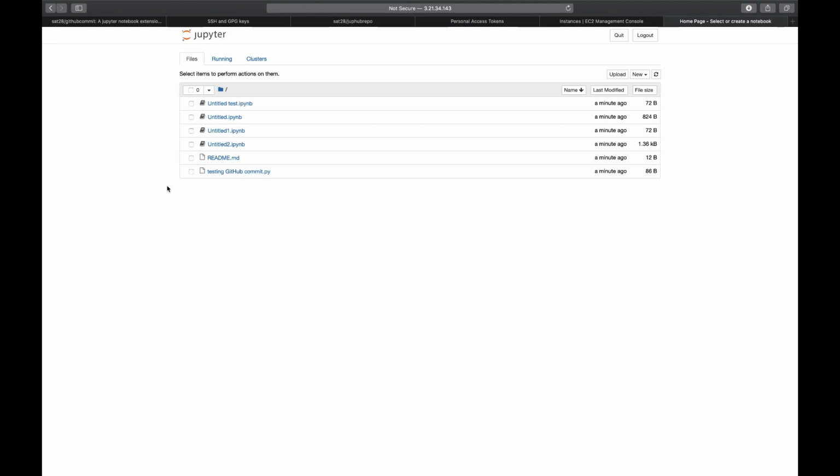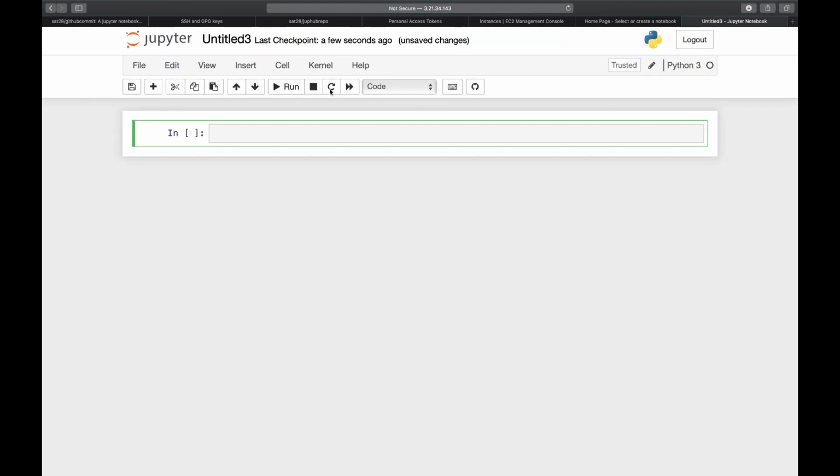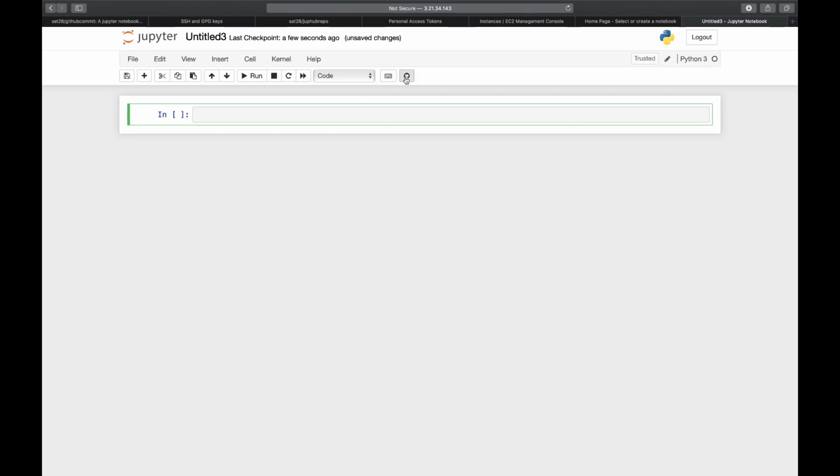Yeah, now we can see our notebooks. We can also see whatever is present inside the repository. Now let's create a new Python 3 notebook, and I will make some minimal changes inside this notebook, and I'll demonstrate how, using the extension, we can move the notebook. Just expanding this, using this extension, you see this would be present inside your normal Jupyter, but here you have this button. So let's start with a simple hello world.